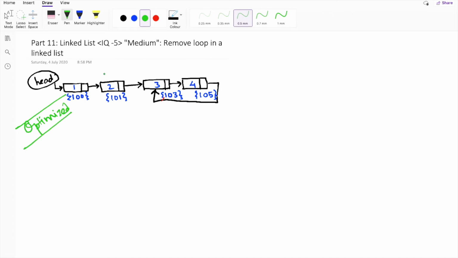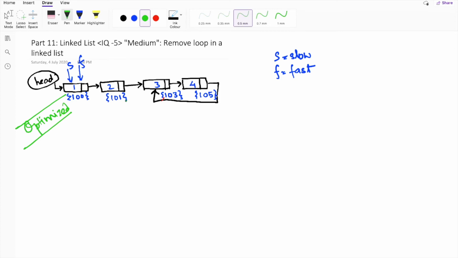To solve this problem in the optimized way, here also we will be using two pointers, one as a slow pointer and one as a fast pointer, which will point to the first node of our linked list. The approach of solving this type of problem with the slow and the fast pointer is quite efficient and helpful during interviews. If you do not have in-depth knowledge of this concept, I would highly recommend you to go through my previous video tutorials where I have solved many problems using this concept. So let's get back to this problem of removing the loop of the linked list.